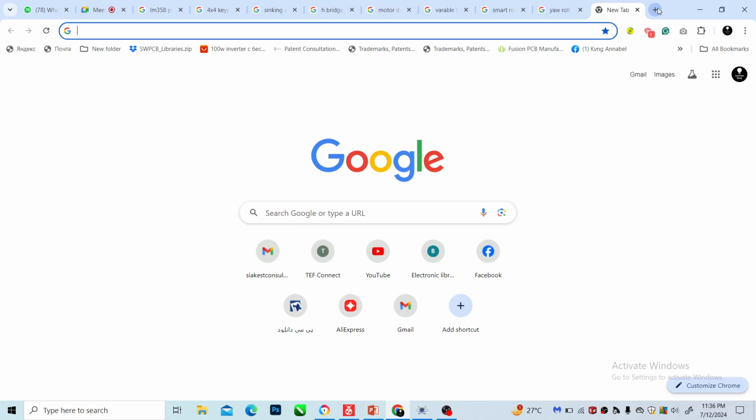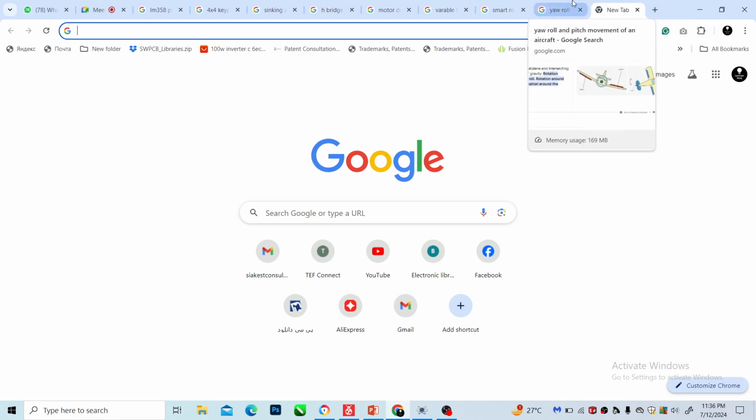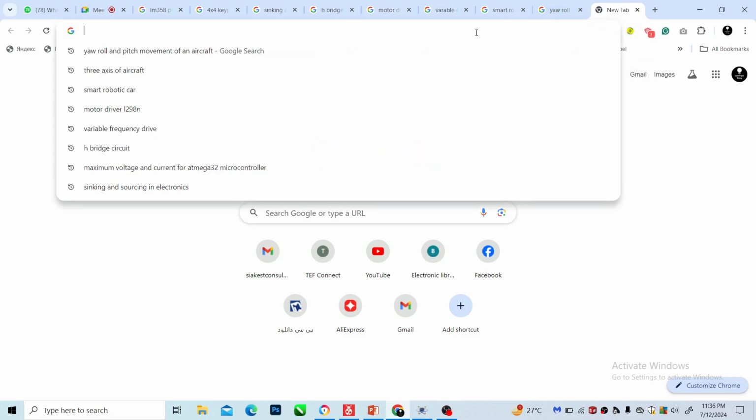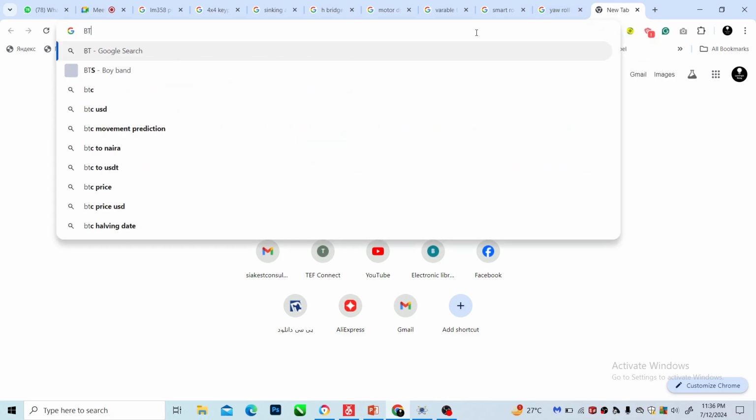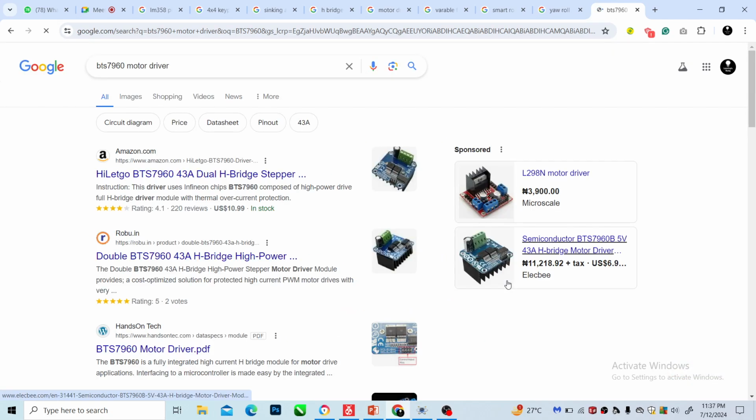Okay, so we have the BTS7960 system. It will do the job. I think I have one now in my office. The BTS7960 system, the motor driver is already there. So it's on Amazon and